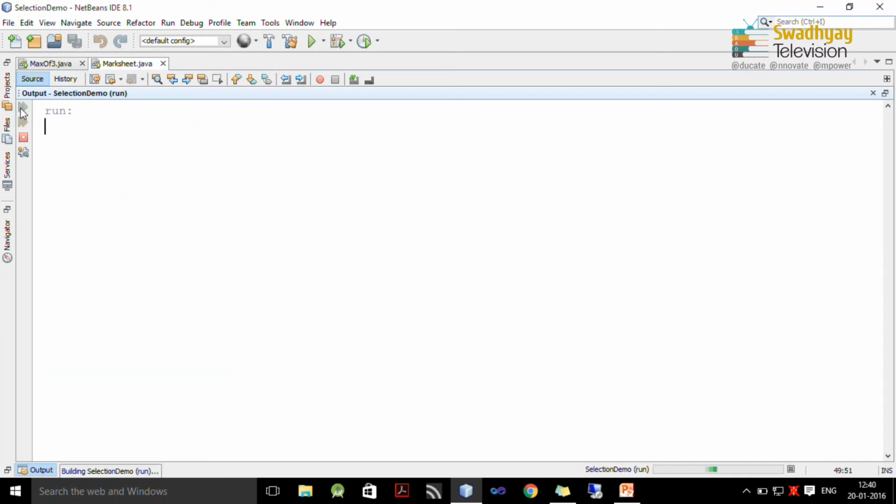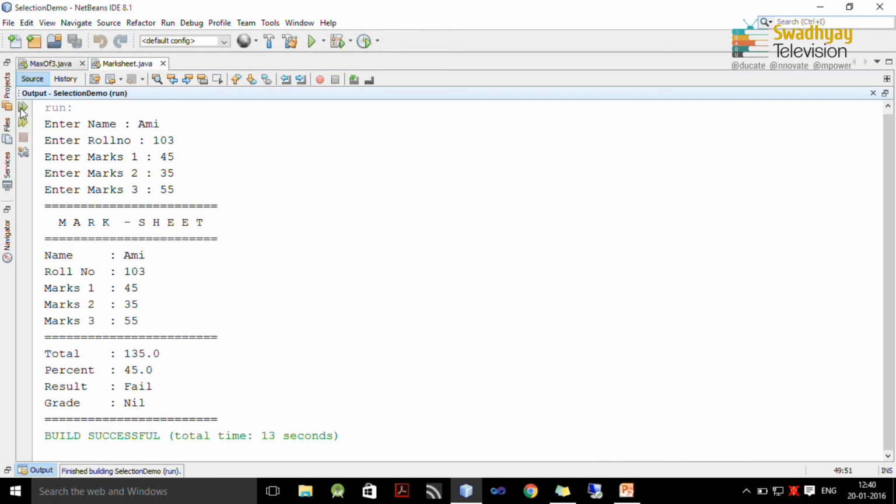So, I rerun this program and provide data. In this case the student fails because marks 2 is less than 40. So, you can see on screen the result is displayed as fail and grade is also nil, but total and percentage are calculated. So, this is our second program. I hope you understand how it works.